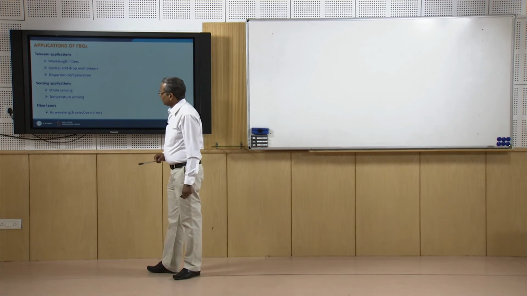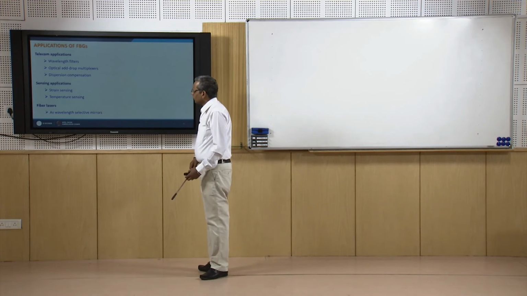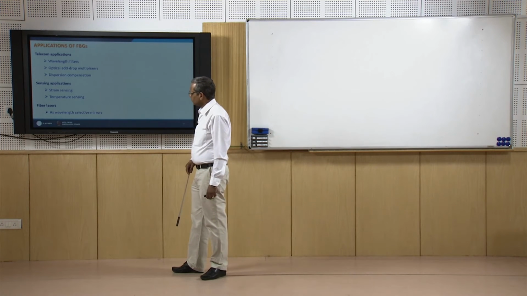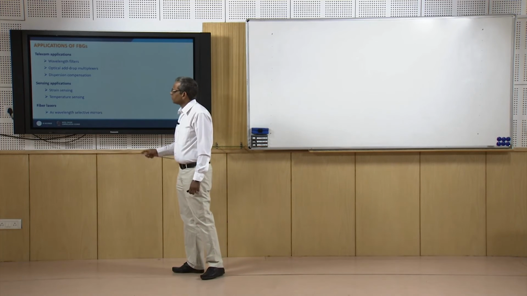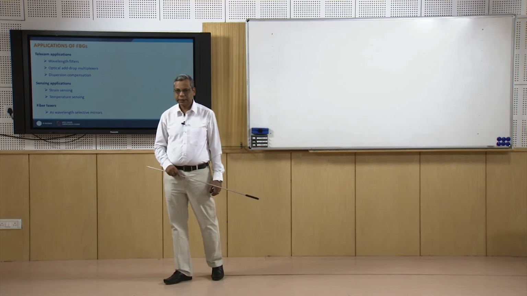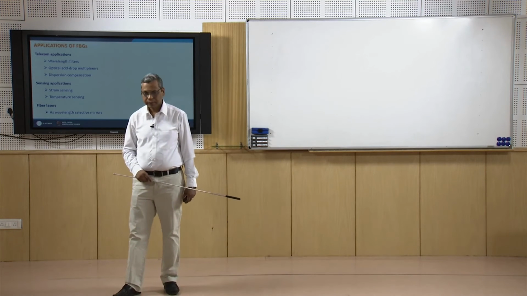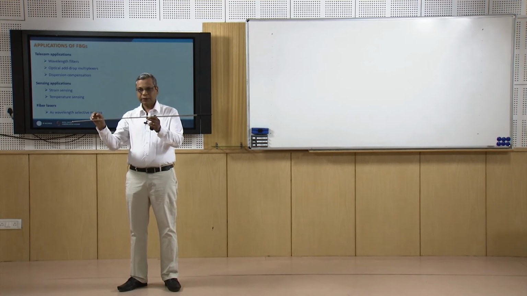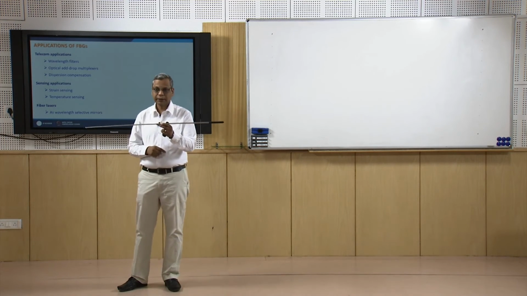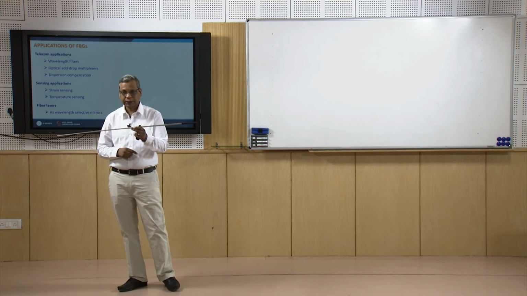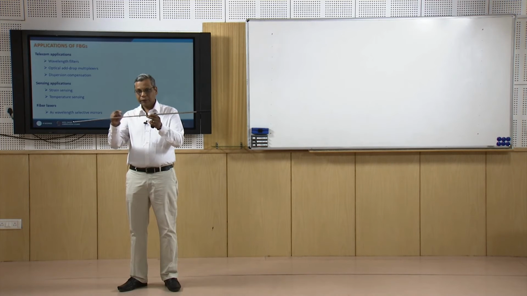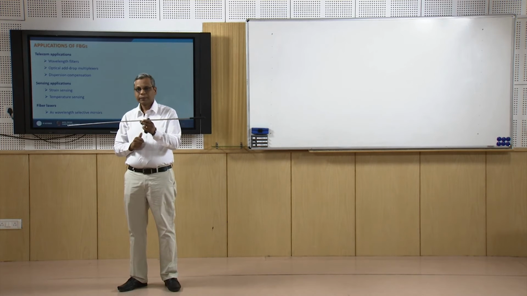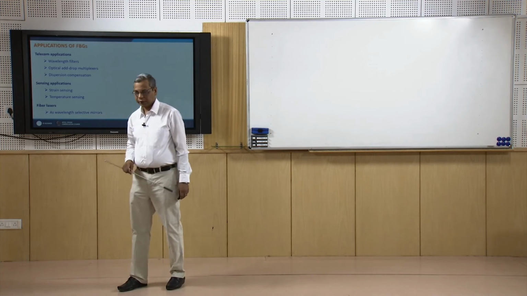Then I also have sensing applications for fiber Bragg gratings. I can do sensing of strain and temperature, and I can also use gratings as highly wavelength selective mirrors to make fiber lasers. So, if I have a fiber in which I create amplification of light, I will discuss fiber amplifiers in the subsequent lectures. So, if I have a fiber amplifier, then if I put these Bragg gratings at the input and output end, then I can make a laser out of it.